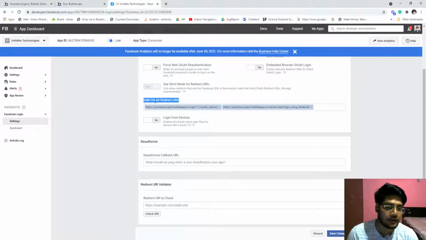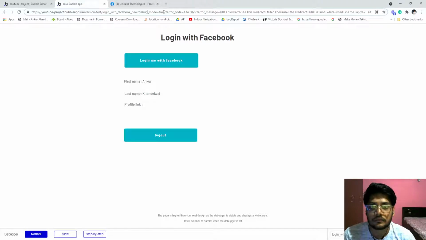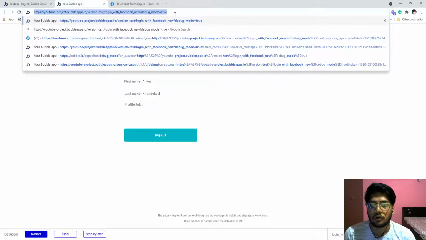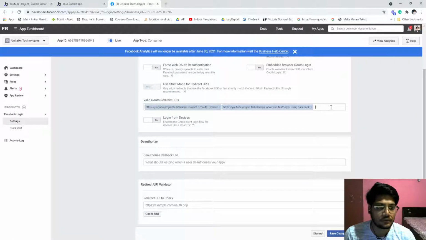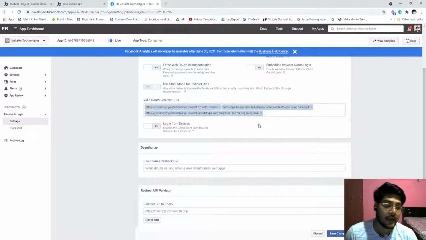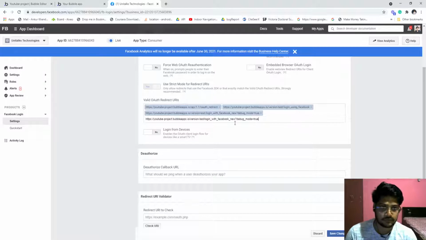So what exactly is it? For the debugging, I just delete it. Copy this URL and paste it here like that. When you are in production, just remove the version text and the question mark debug underscore true, then paste it like that.